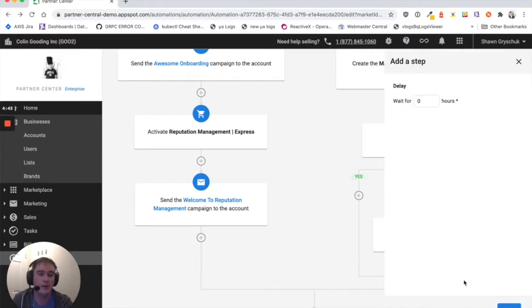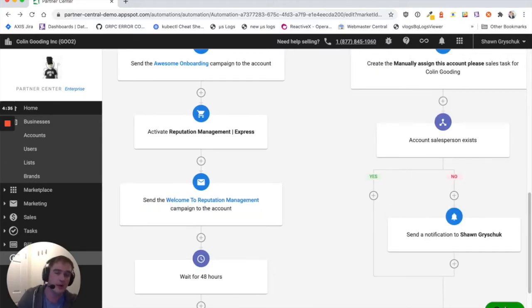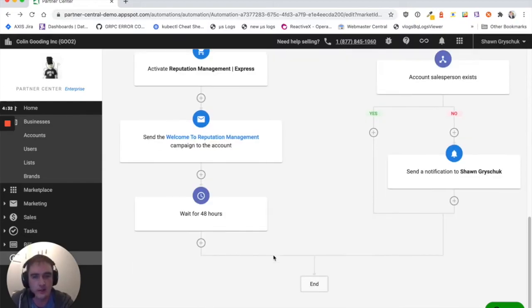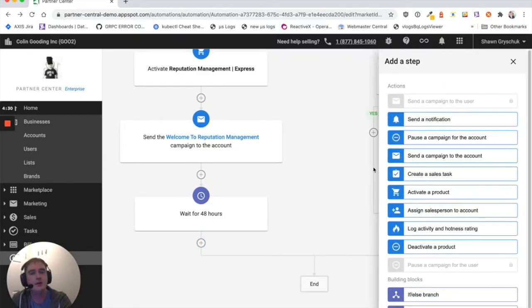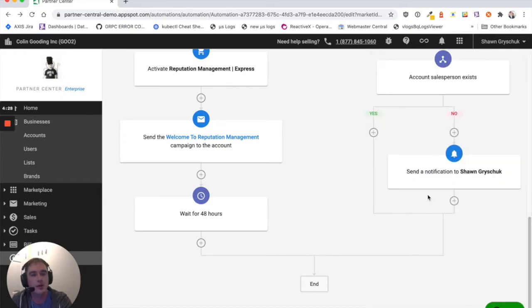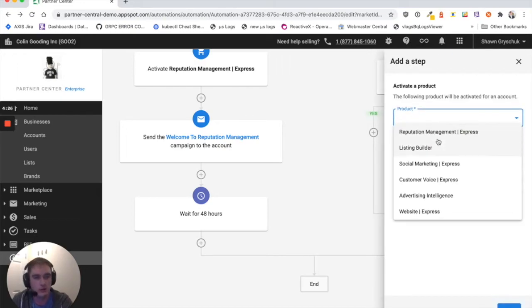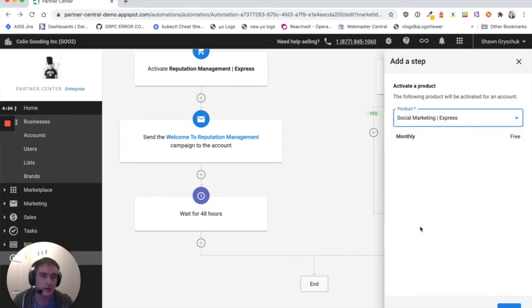So what we're going to do now is we're actually going to wait 48 hours. Now we're working on a days selector here instead of an hours selector. You'll see why that's important later, but we just haven't got there yet. That's coming. Then we're going to activate another product, and it's going to be another local business online toolkit product